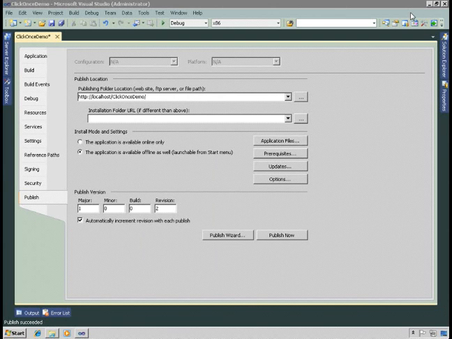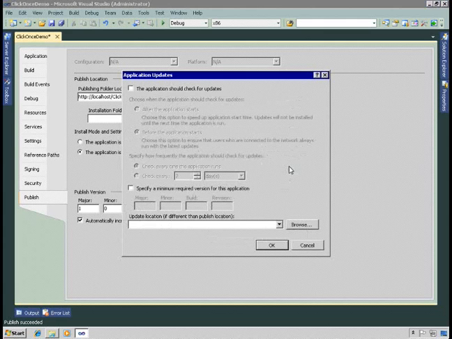What I want to do now is configure the application to automatically check for updates. One of the beauties of Click Once is automatic update checking. So if I click the Updates button, then I can see that by default applications don't check for updates. So this is something to keep in mind, because if you deploy an application and then make a change to it, the originally installed version of the application isn't necessarily going to check for updates. So I'm now going to turn this on,